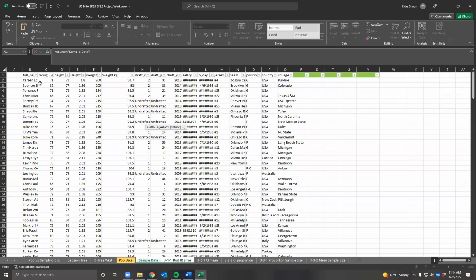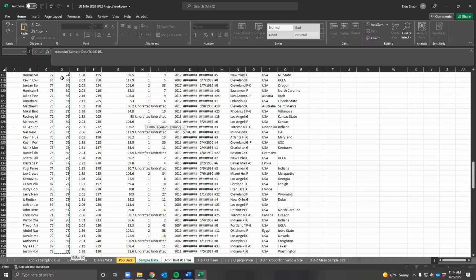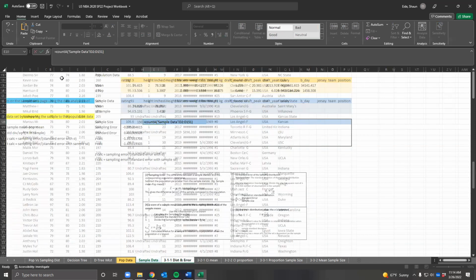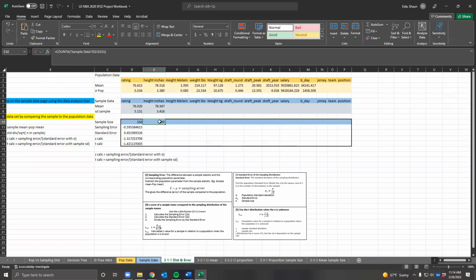Okay, so we're going to go to height. And the reason why this is important is because some of y'all's data might actually have blanks. So for here, you've got 150. However, you come all the way down to, I don't know, say, let's see here,